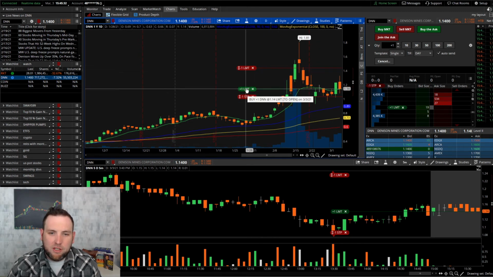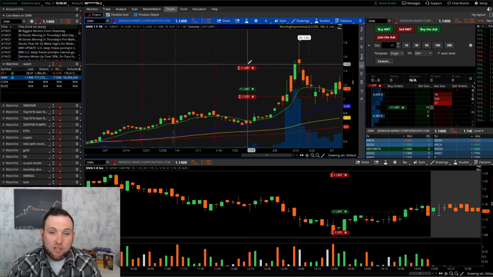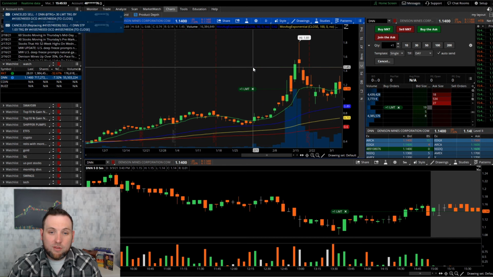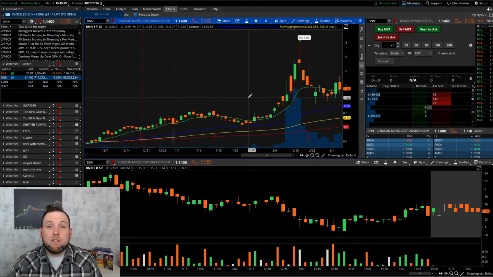If you get filled here, both of these other orders will stay there. But these two orders, the stop and the limit sell, are going to be OCO orders. So they're going to cancel each other out. So if you buy in here, say you get filled right there at that 115 area, and then the price goes up 30 cents, this one will trigger and you would get out, and it would cancel the other order. So you can use that to be strategic if you're looking for 25-cent rips,